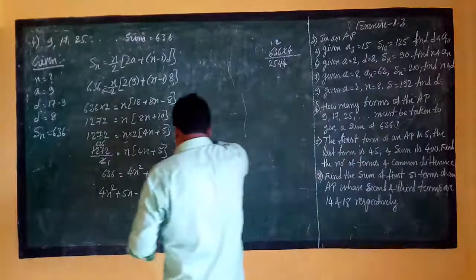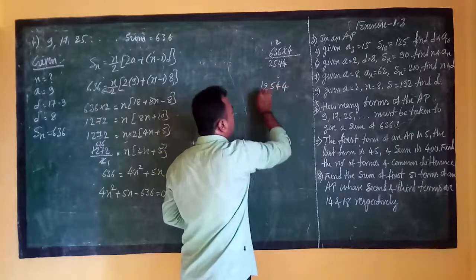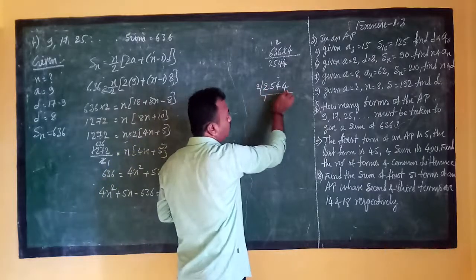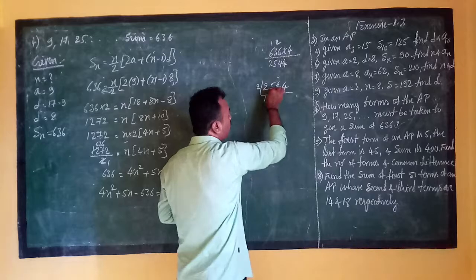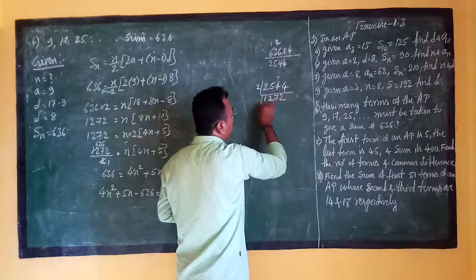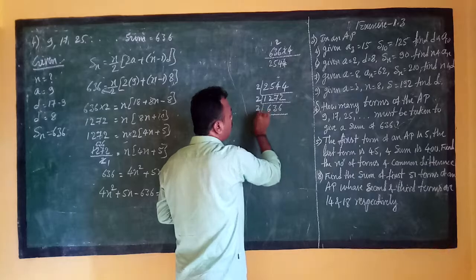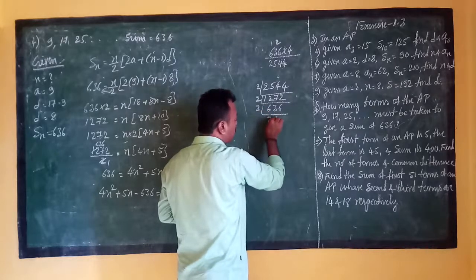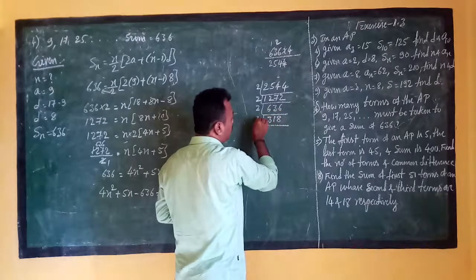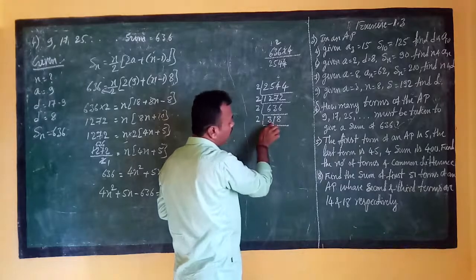So if you want the roots, we have to do the factorization of this number. Okay students, what is that? 2 is given: 2 1s are 2, 2 2s are 4, 1 remaining, 2 7s are 14, again 2 2s are 4. Next 2 6s are 12, 2 3s are 6, 2 6s are 12. Again 2 1s are 2, 2 3s are 6, 2 8s are 16. Next again 2 1s are 2, 2 5s are 10, remaining 1, 11 becomes,